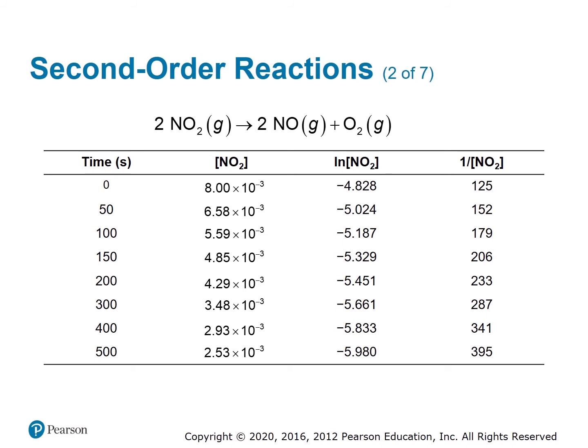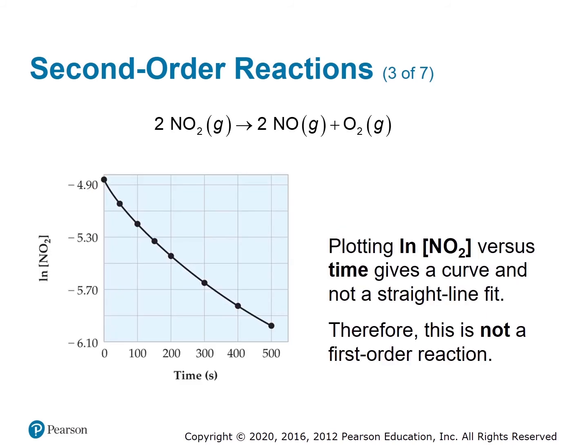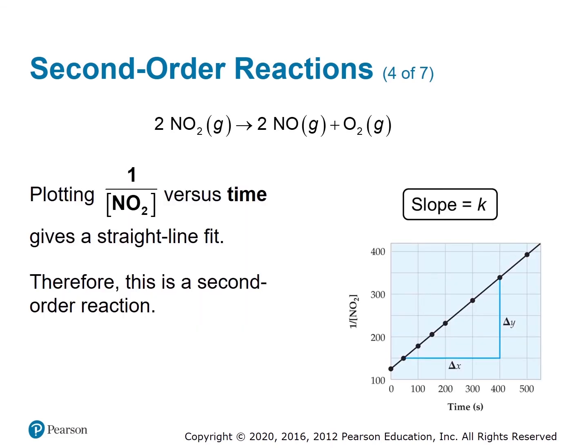Concentration values for NO2 at different points in time are shown in this table, alongside the natural log of each concentration in one column, and 1 over the NO2 concentration in the last column. Plotting NO2 concentration versus time does not produce a straight line, and neither does a plot of natural log of concentration versus time. So from what we've already discussed, we can see that this can't be either a zero or first order reaction. If, however, we plot 1 over concentration versus time, we get a straight line plot implying that